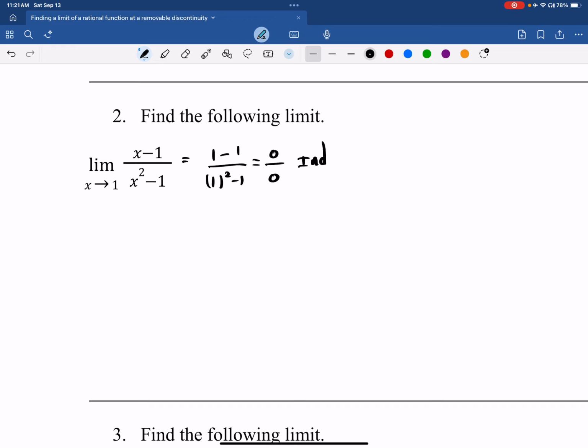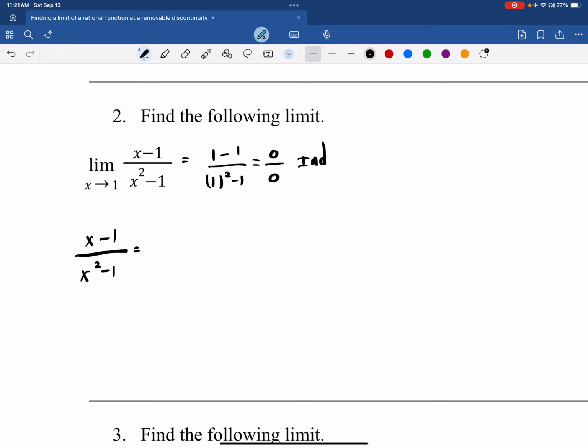All that indicates is that the function does not exist at that point. It does not indicate that the limit does not exist. So what do I want to try to do? Let's look at that original rational function, x minus 1 over x squared minus 1, and see if we can